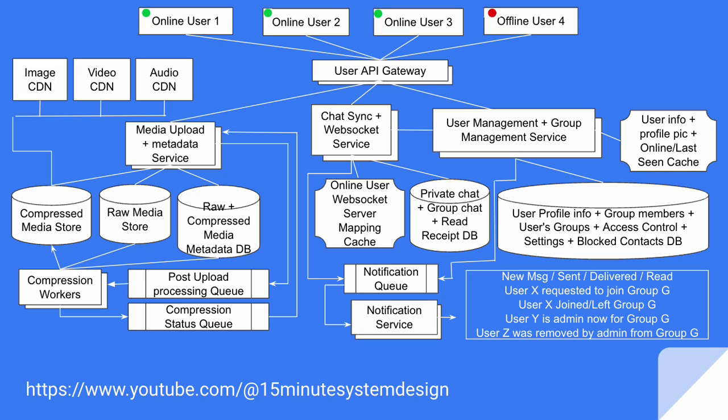Also, think of a situation where media can be forwarded from one group to another. Obviously, every time we forward a message to a new group, a new message ID would be created, but the CDN URL would be the same, and we need not involve the media service in this. So sharing media content will always have a message ID, but may or may not always have text content. Cool. So this is how we have designed the system.